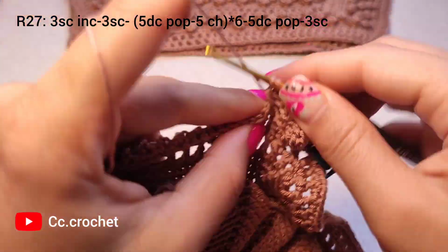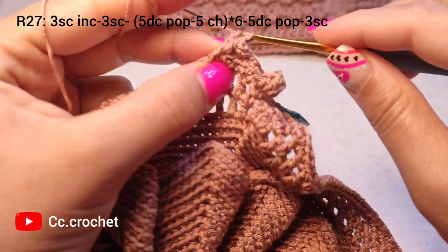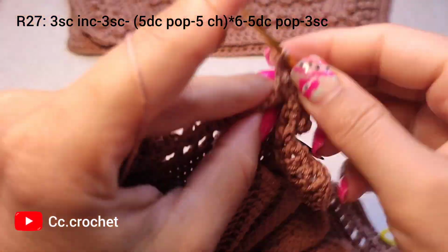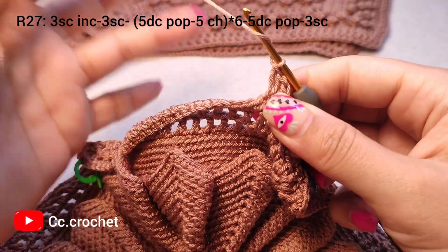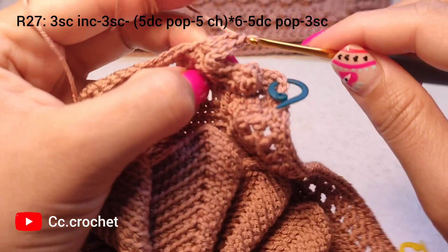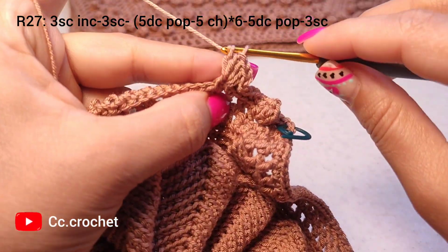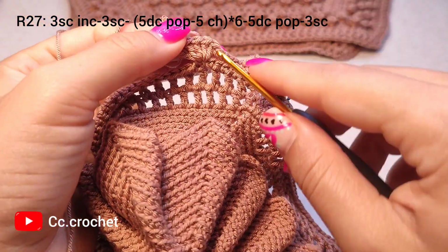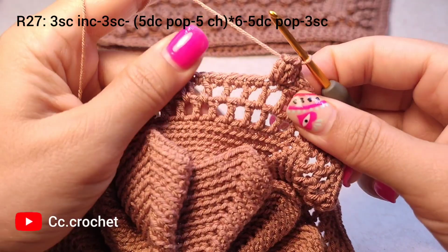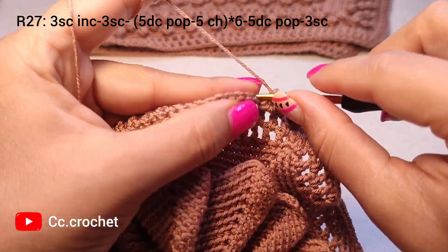Okay, 1, 2, 3, 4 and 5. Then 5 single crochet, back loop only,